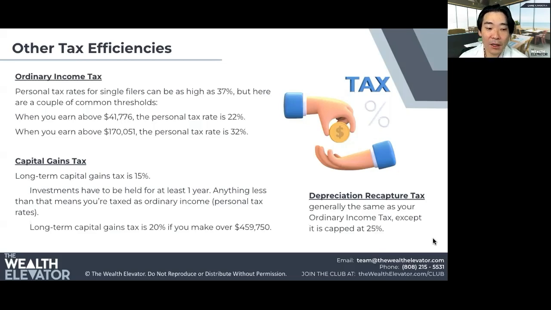Normally, what our CPAs or my CPA tells me is anything held less than 1 year will be categorized as a short term gain, taxed a little bit more. So, ideally, if you want to strategize, hold the whole thing a little bit longer than a year, that's usually how you can get things under the lower rate. Of course, that's where you need to work hand in hand with your CPA.